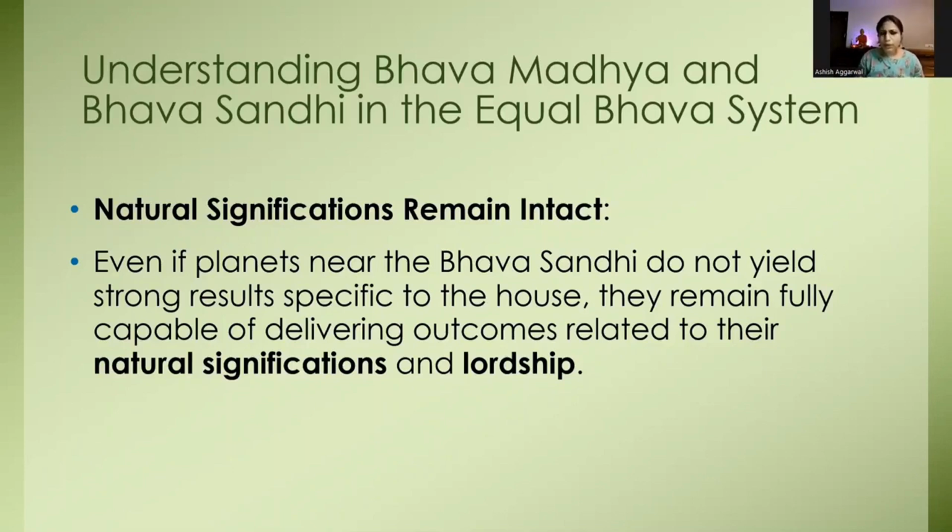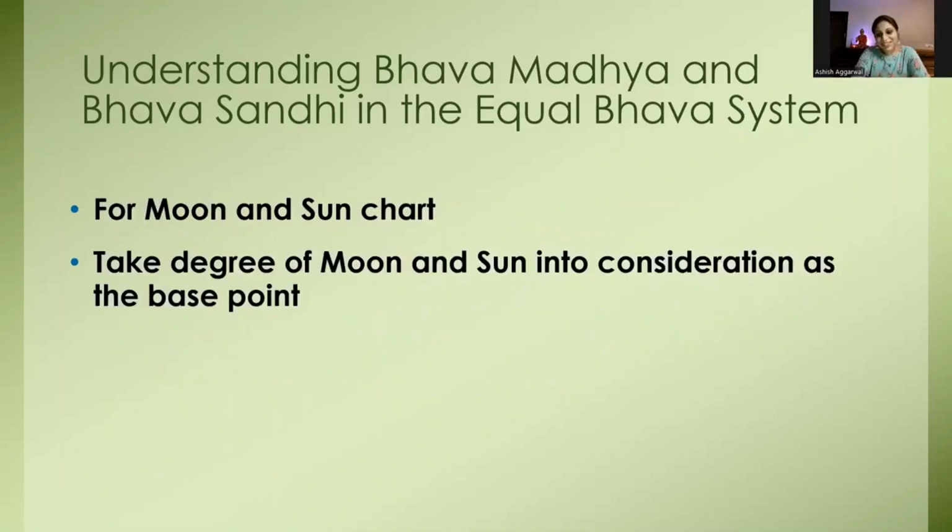It might be that to do its work, it needed to use the resources of the first house, but maybe it's not able to do that. But I can't say that Mercury, which is the lord of the third and sixth houses, won't perform its significational lordship. They might need to use the resources of the first house to do their work, but maybe they are not able to do that. Whatever Mercury wants to do, it will still work with the sun chart and the moon chart.